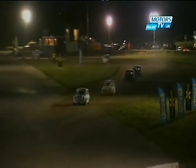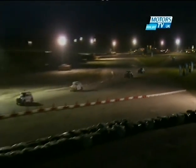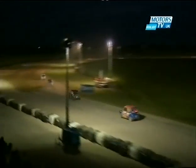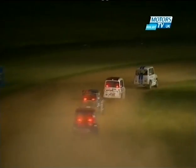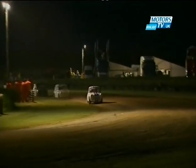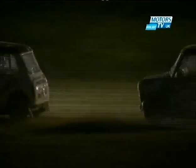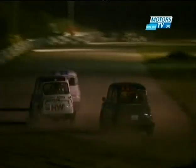He's in second place. All these minis 1300cc. Mark Griffin, fourth place mini there. He's not out of this by any means. 425 car, there he is there, look. Orange and blue car. Isn't it great to see this under lights? You still see the dust, you see all the numbers, and it's just magic when you see a black